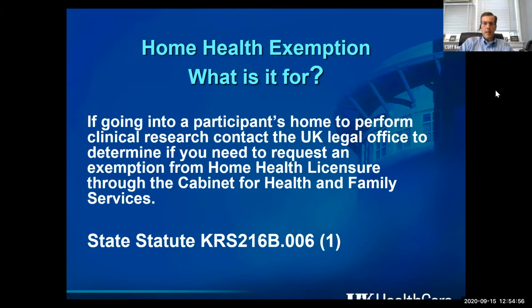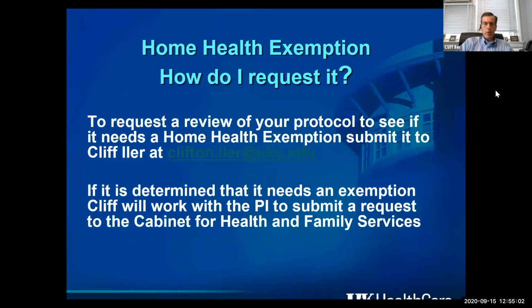So, be thinking about this. If we're going into the patient's home, I'm the primary contact for this one. So, you just contact me as early as possible. It's a one-paragraph letter. I'll ask you for some very simple information to plug into the letter. I'll draft it and let you look at it to make sure it's accurate, and I'll get it out as quickly as possible. But technically, under the law,